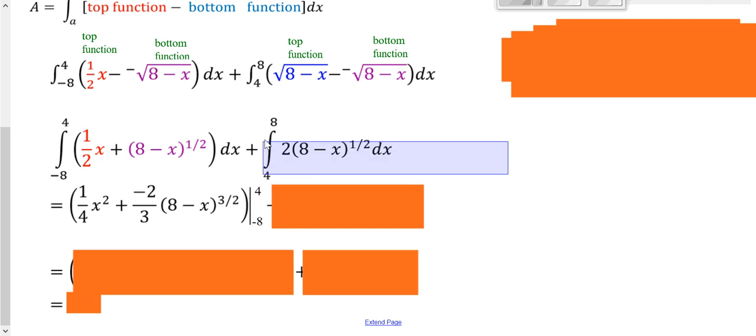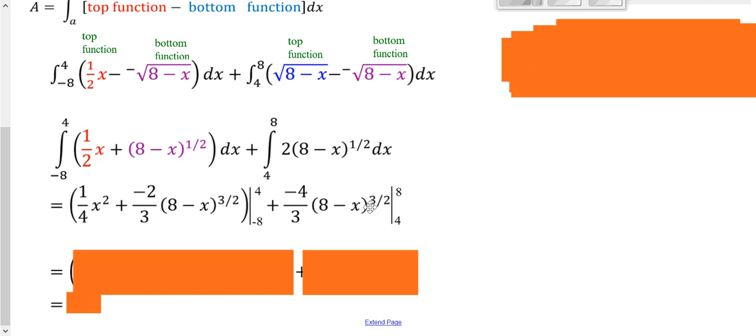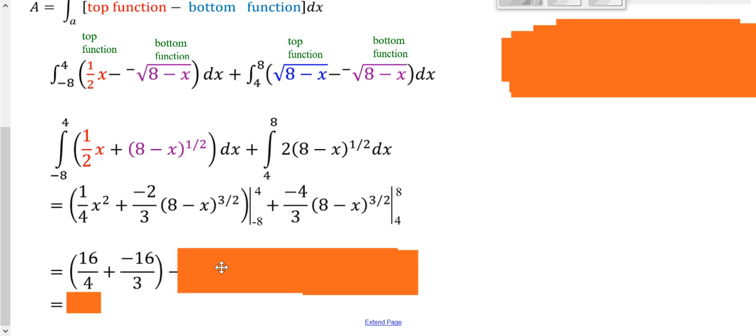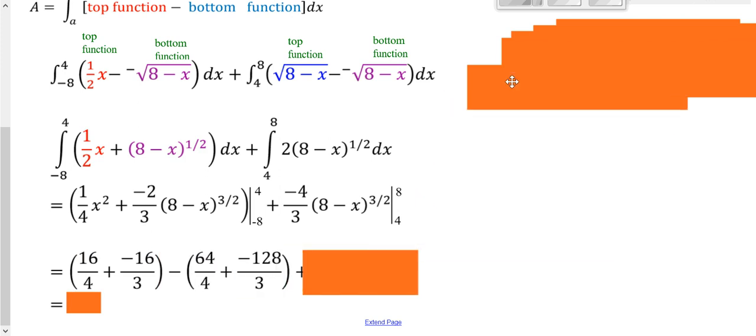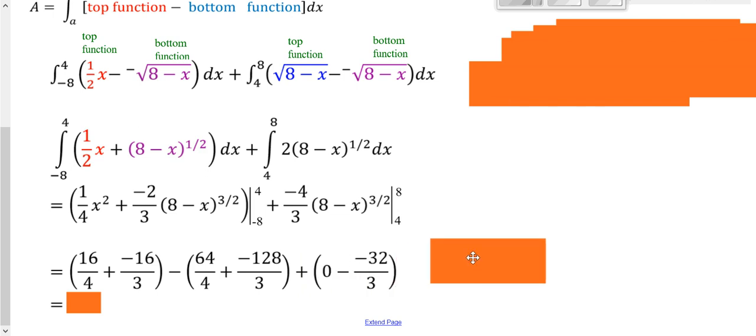We have to go ahead and increase your exponent by 1. Undo the inside, which is a -1. So you'd have to have a 2/3 in front to offset your exponent, but that 2/3 with that 2 in front, that's where the 4/3 comes from. And you'd have to evaluate it, plugging in your 8 minus what you get when you plug in 4. So over here, you plug in your 4, minus what you get when you plug in -8. And then over here, you'd plug in your 8, minus what you get when you plug in 4,